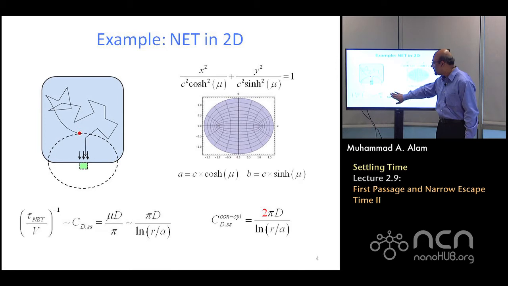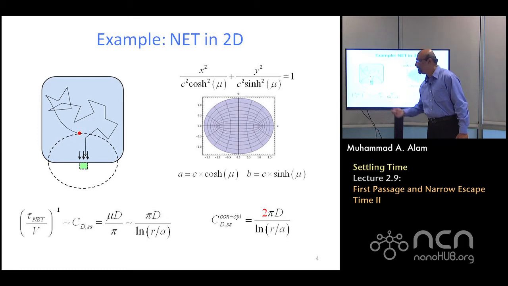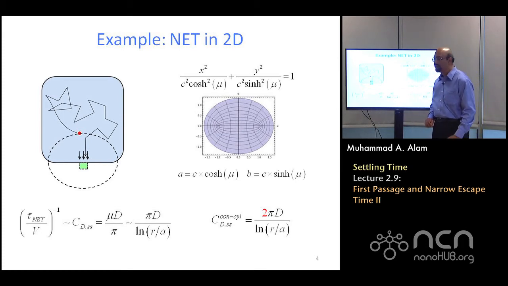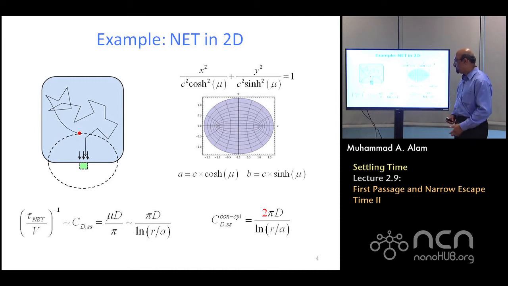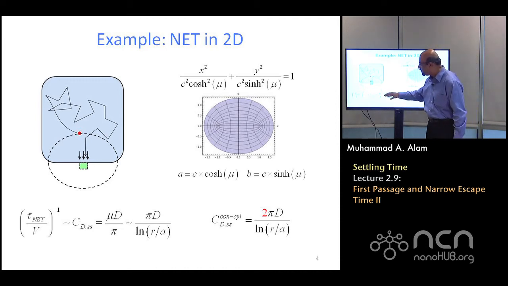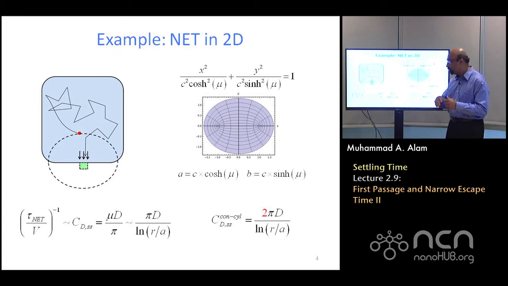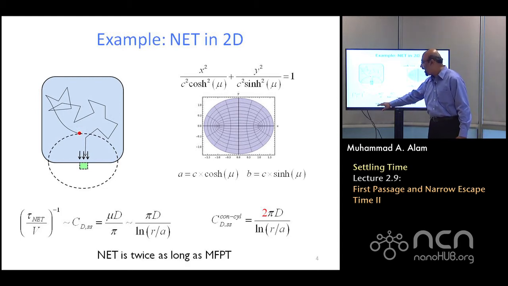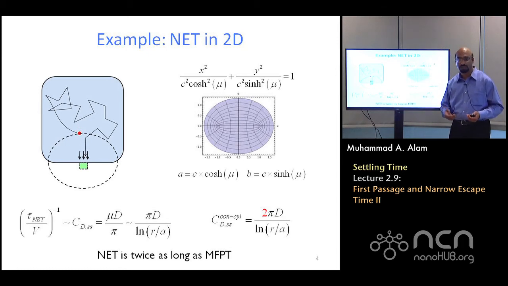And you will find that this is a very simple relationship that relates the A, the radius of this disk, with R, the distance from which the molecule was released, and the diffusion coefficient D, and everything can be calculated as such. Now, if you compare it with two concentric cylinders that we have discussed before, then the result is essentially within a factor of 2, the results are identical. So you can compare the times. So the time comparison says the narrow escape time takes twice as long, because it cannot escape